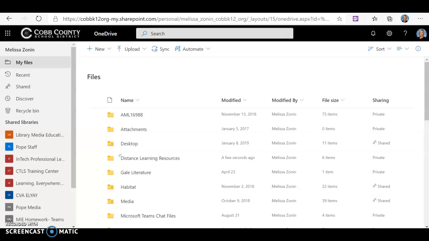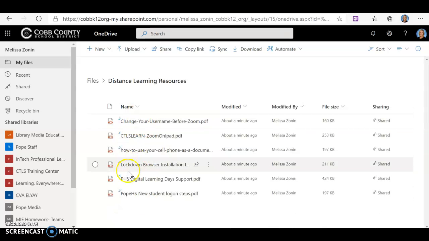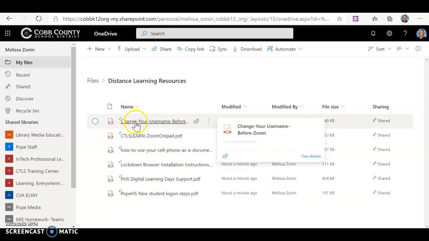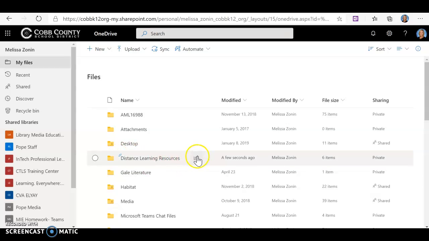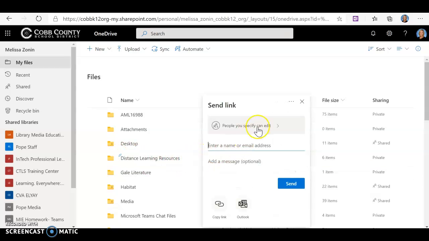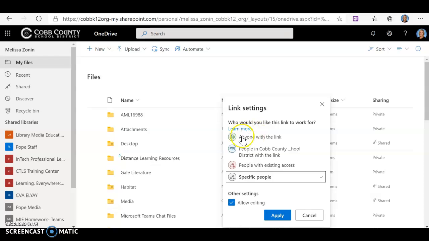Okay, so I am in my OneDrive. I just made a new folder that has the distance learning resources. And when you open it up, I've just put in some PDFs in there for an example. Okay, so all I did is under files, I went right here to share and just went to anyone with